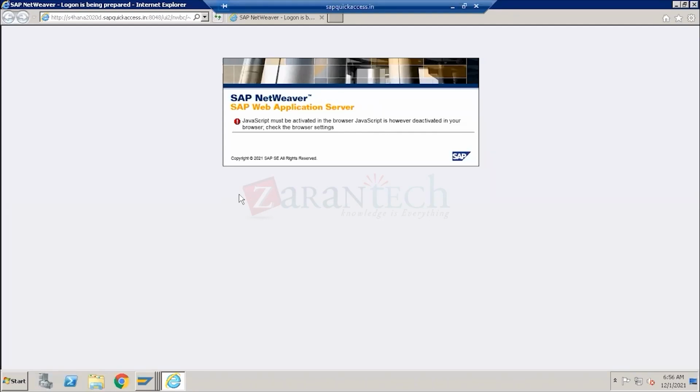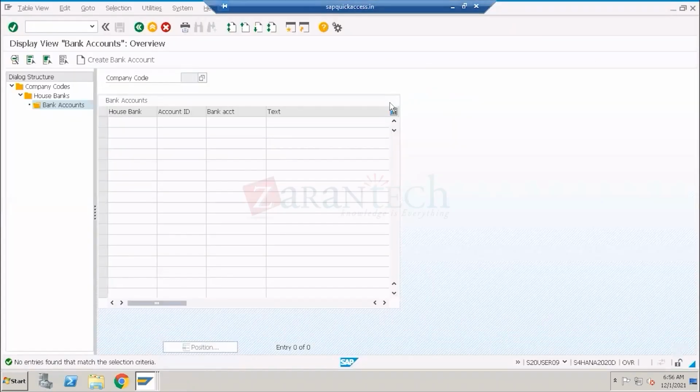It will open a new web browser here. That one is nothing but what we are going to be calling the SAP NetWeaver Business Client, which connects to the SAP application server. It will open a new web browser, and from the web browser you can go and create the house banks here. This is one option. Or